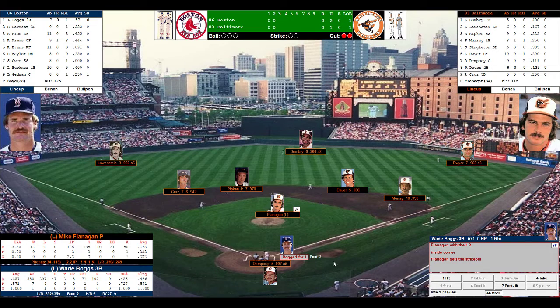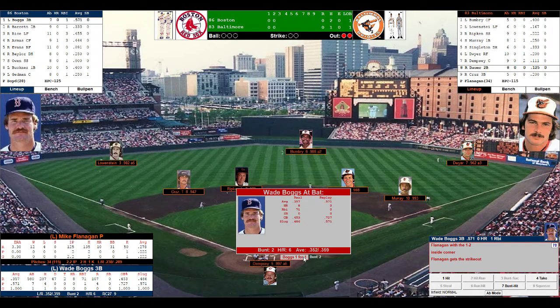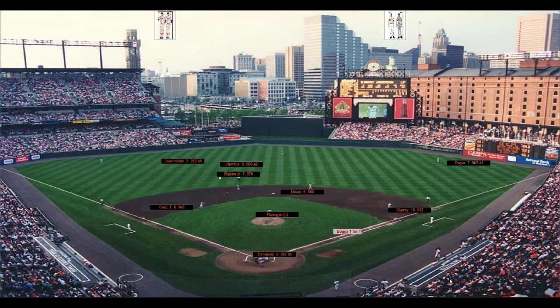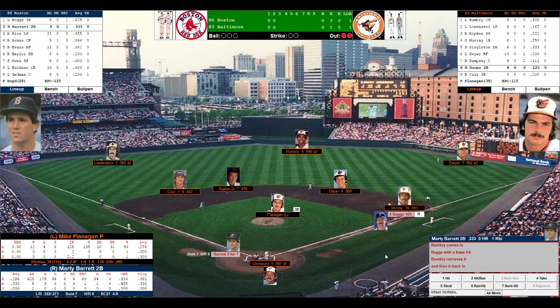So two outs, no one on. Top of the order, Wade Boggs. He's 1 for 1. He singled in the first. Dempsey flashes the signs. Flanagan nods his head. Here's the pitch to Boggs, and Boggs singles to right center. Mr. I Love to Eat Chicken is 2 for 2.